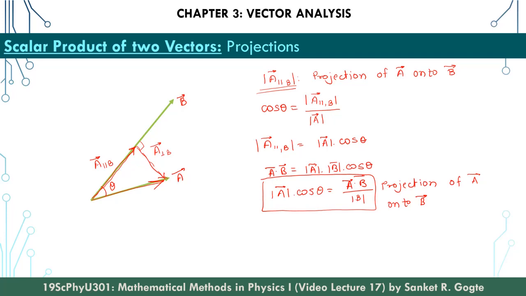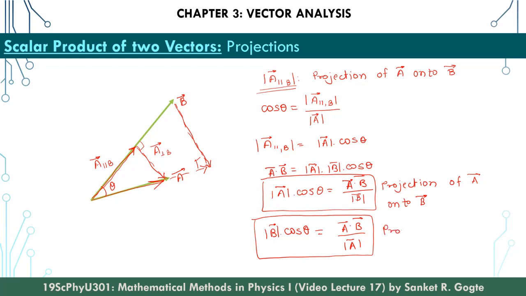Now it is very straightforward to find projection of vector B onto A. What we have to do is consider this resolution of vector B, this component which is perpendicular to A and this component which is parallel to A, with this angle as 90 degrees, and rest of the things will then be same, and we will get projection of B onto A as mod B cos theta, which is equal to A dot B divided by magnitude of A. This quantity then gives us projection of vector B